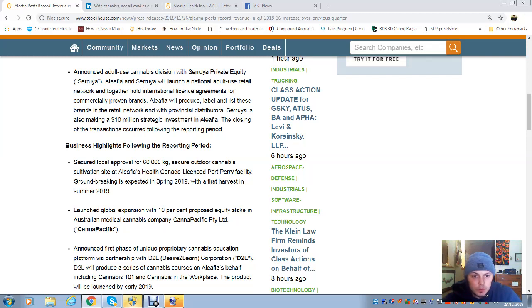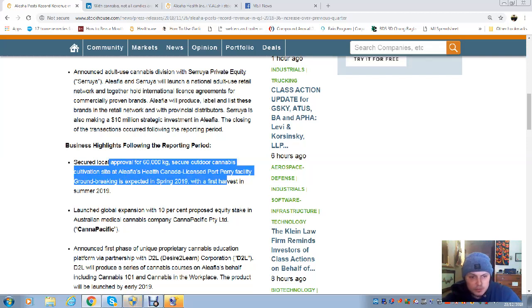Yeah, right here. So 60,000 kilograms secured outdoor cannabis cultivation site at Aleafia's Health Canada licensed Port Perry facility. So it's expected in spring 2019 with their harvest in summer 2019, okay? So what they're going to be expecting to do is to harvest 60,000 kilograms. And without talking to these guys from Aleafia or Emblem, I do expect them to be using their 30,000 square